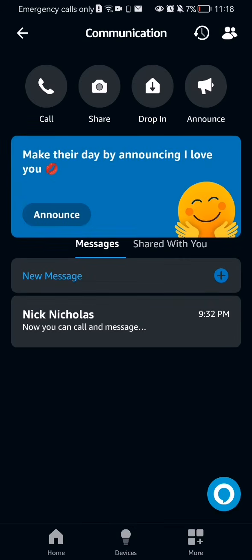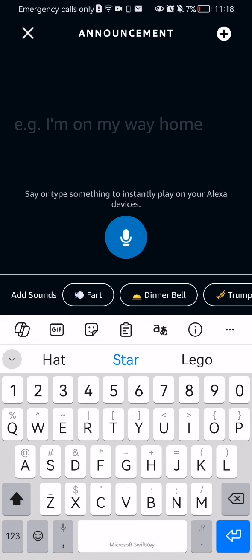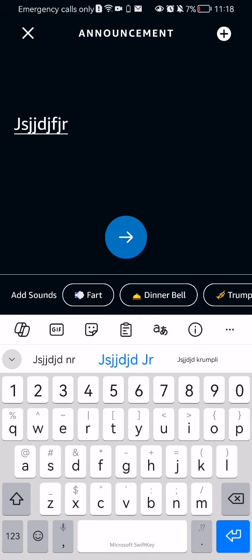Now you should wait a little bit and you can see here that there are four options at the top. The first one is call, the second is share, the third one is drop in, and the fourth one is announce, and that is what you have to select. You just press on it and here you can just write in your announcement, anything that you want, and you